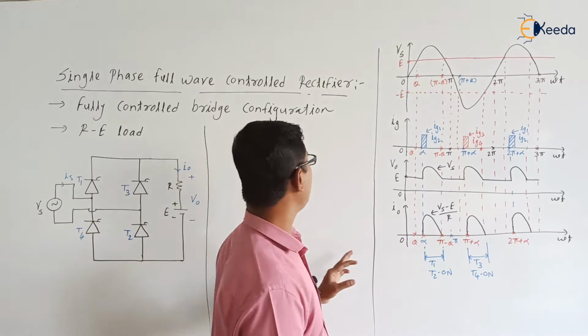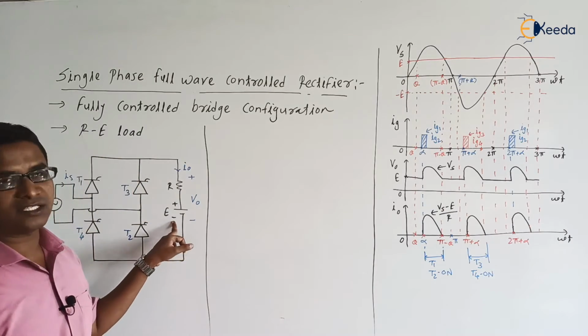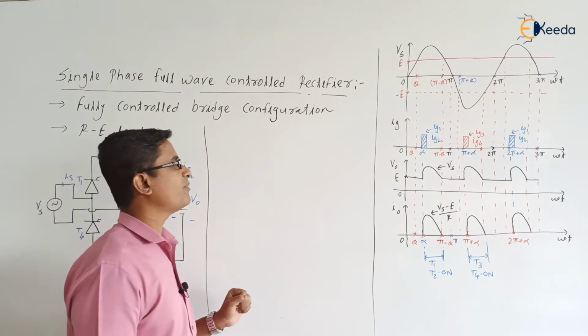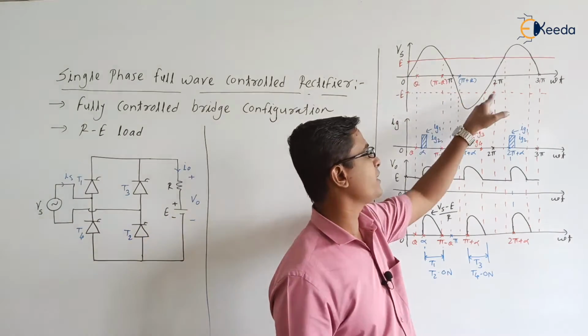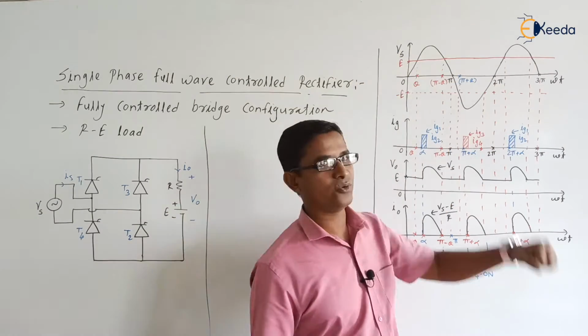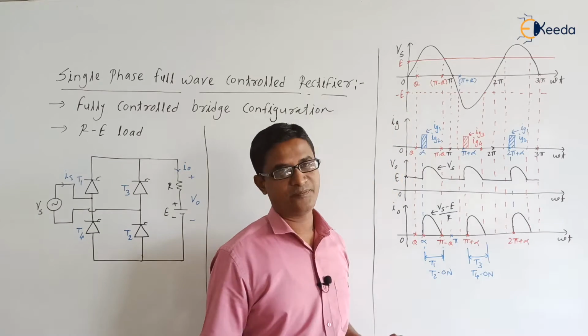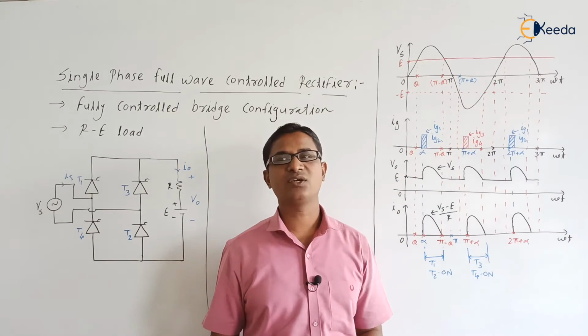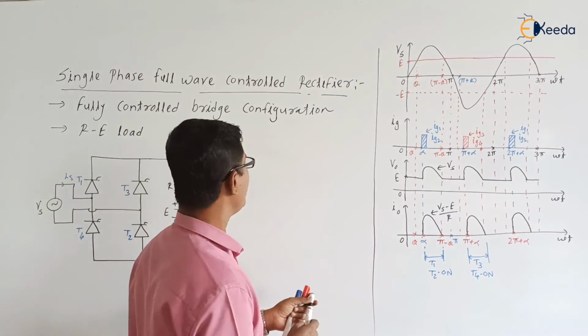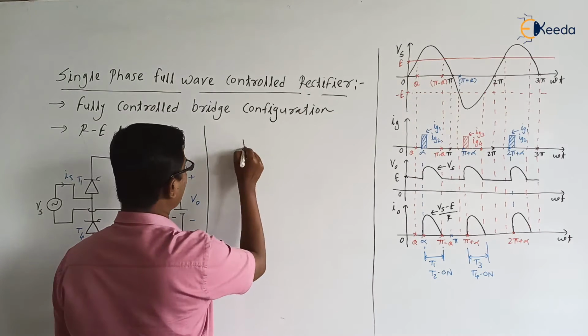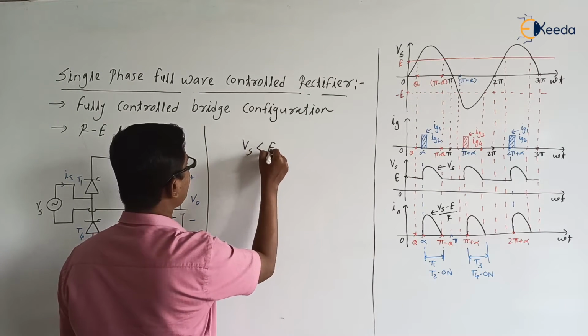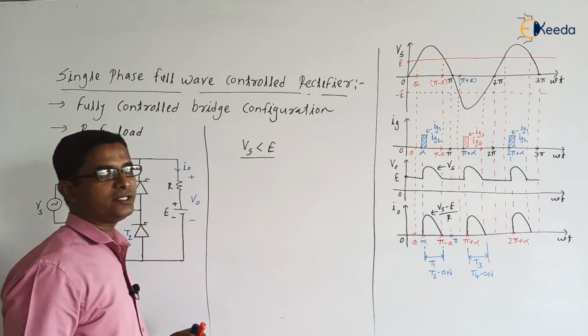And in the load we have the EMF, that is the battery magnitude, the EMF of the battery. So here we have Vs, and here it is the EMF. During omega t equal to 0 to theta, Vs is less than E. For the interval where Vs is less than E,